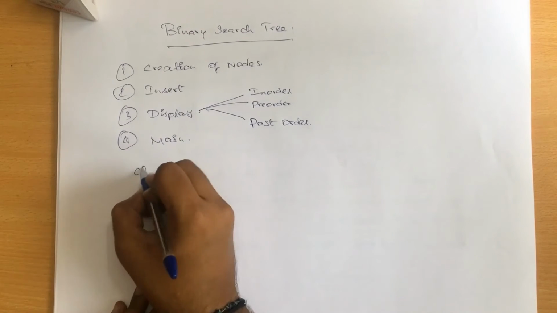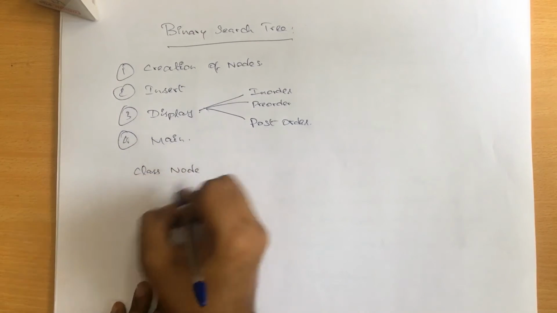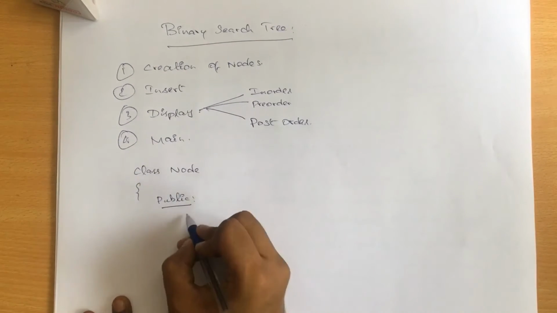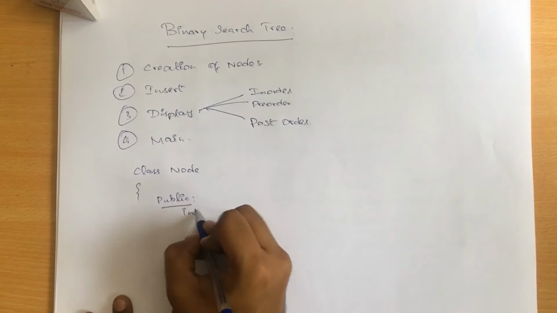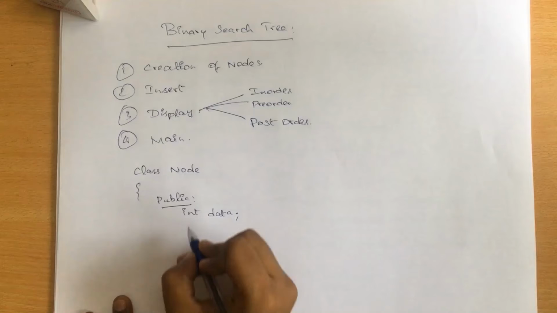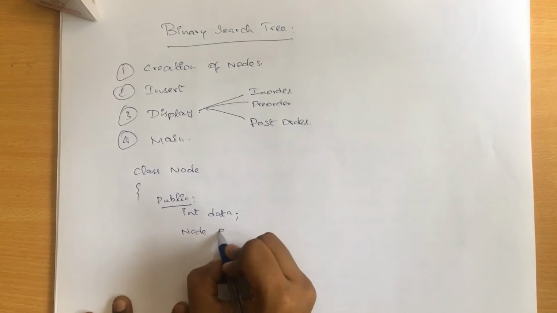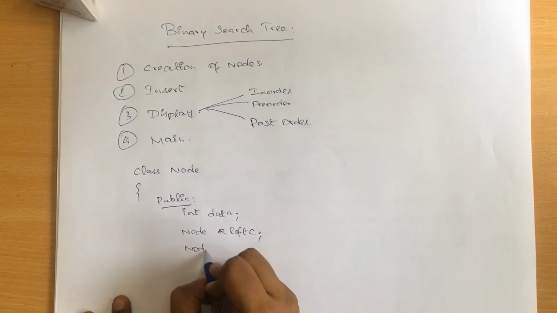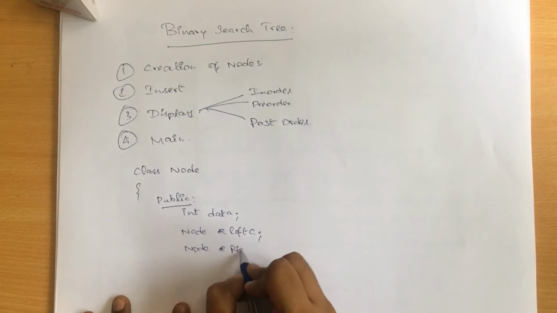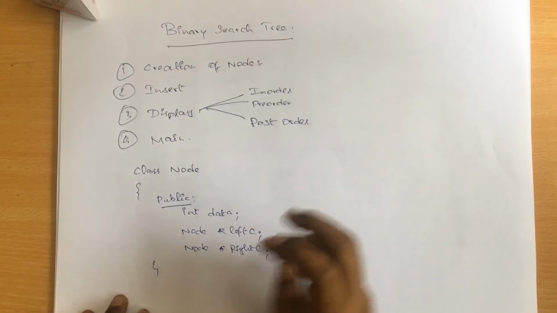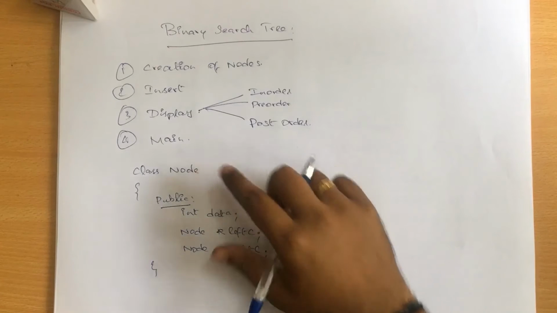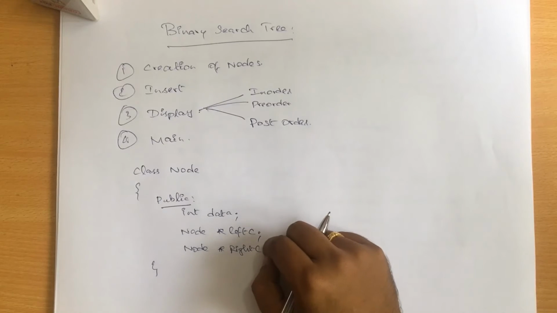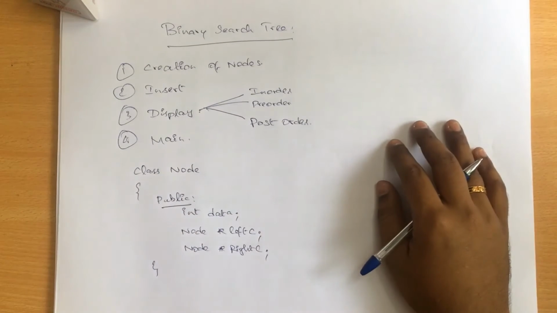So the first thing is, it will normally look like class Node, and you can write it as public, though for Java users we don't want public. After this we'll write int data, and the remaining two things are going to be Node star left C, where left C represents the left child, and the next one is the right child. So this is the first thing. I'll be creating a class called Node, and in this Node you will have three parts: one is the data part, and the others are the left child and the right child. This is how the entire tree is going to work.